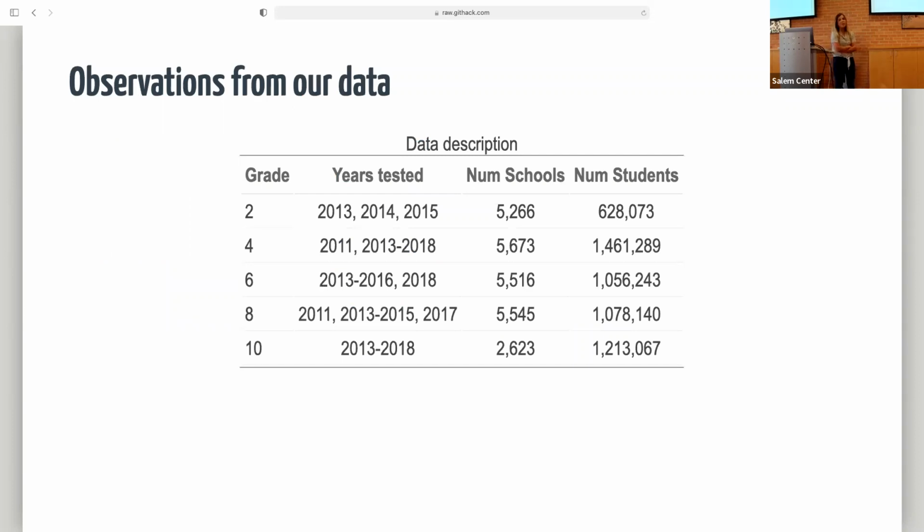So how much data do we have? We have a lot. So this is only the number of students, and all the years that are tested. As you can see, not all the years are tested simultaneously, but most of them have a lot of overlap. The one that's always mandatory, I'm not sure why 2012 was excluded, but every 4th grader should always be tested every year. And then they go back and forth between 8th grade and 10th grade. So we have a lot of different students, a lot of schools, almost a census of all schools in Chile. And again, if you multiply this for every day of attendance, we also have